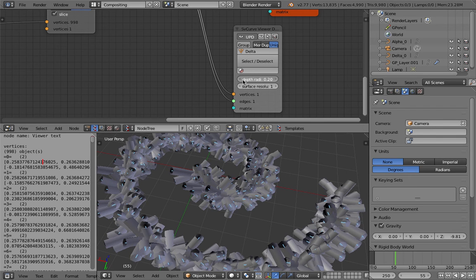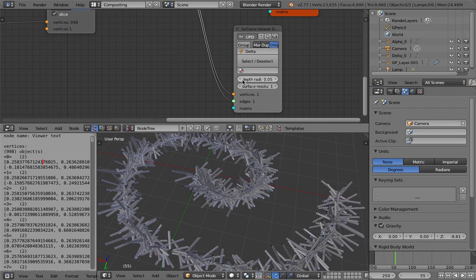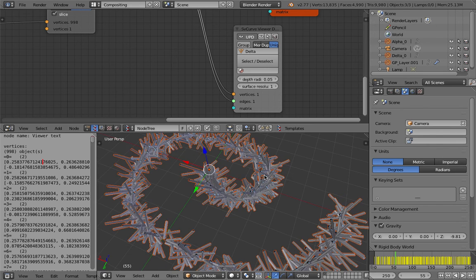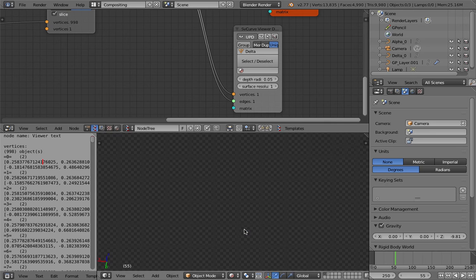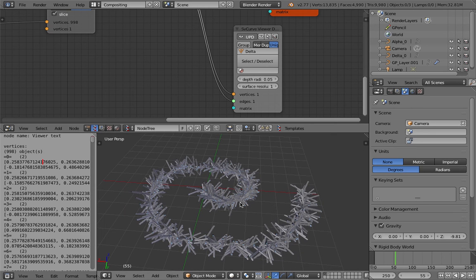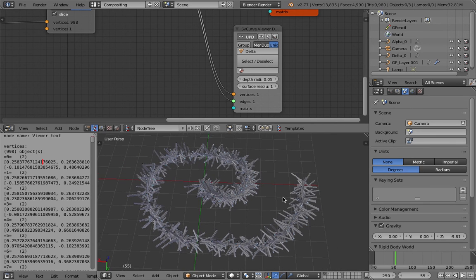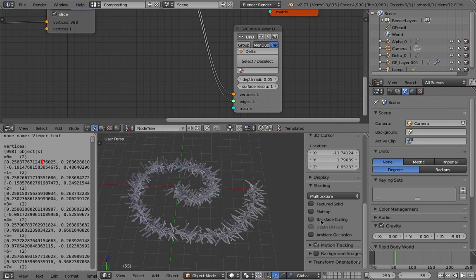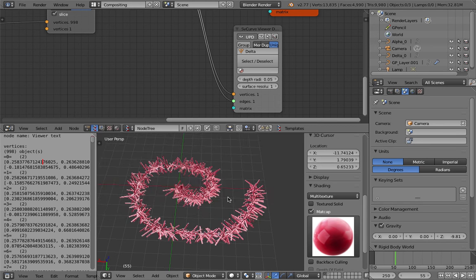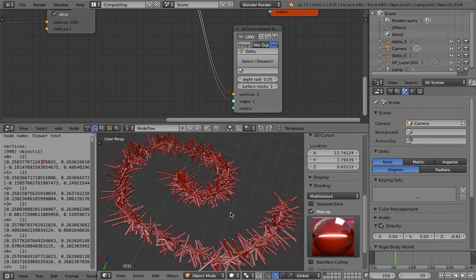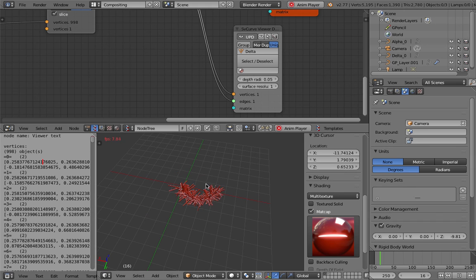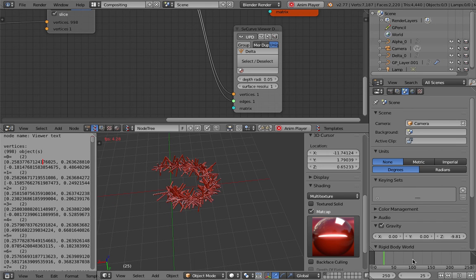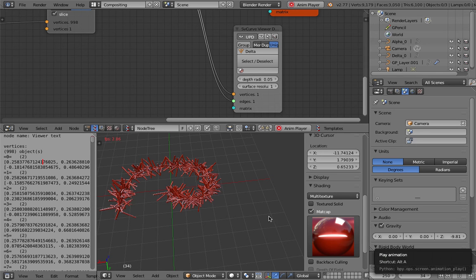Surface resolution, depth, and that will render actually. Pretty cool. It's a little bit like Chinese firecrackers. If I give it a red color, maybe it's looking like that. Like doing a firecracker thing. Yeah, so